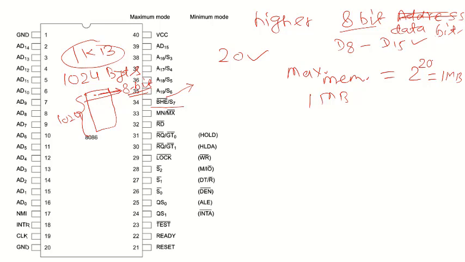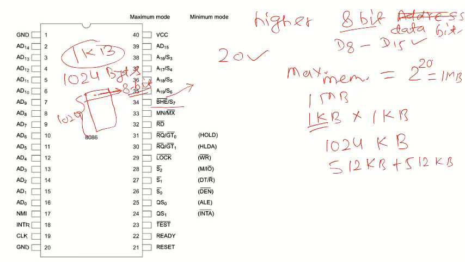So 1 MB can be written as 1 KB into 1 KB, 1 KB is 2 to the power 10, so 2 to the power 10 into 2 to the power 10 means 2 to the power 20। Okay, so we can say 1 MB means 1024 KB, this is 1024। Okay, so 1024 KB, so half of it, this is what 512 KB and 512 KB।